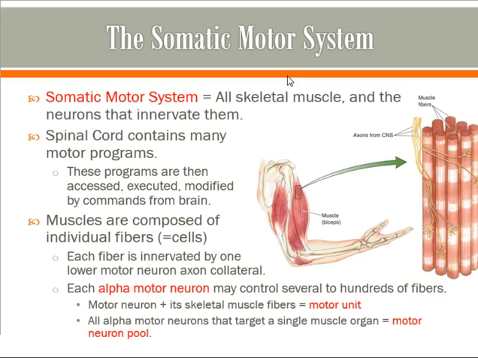Alpha motor neurons, each one will tend to split into multiple axons, multiple axon collaterals, which will then each target individual muscle cells. So it's not like if you've got a million skeletal muscle fibers in a muscle organ like the biceps, you don't really need a million axons going to it. You might need 100, and then each one would split up in multiple directions and branch off to specifically innervate each individual muscle cell.